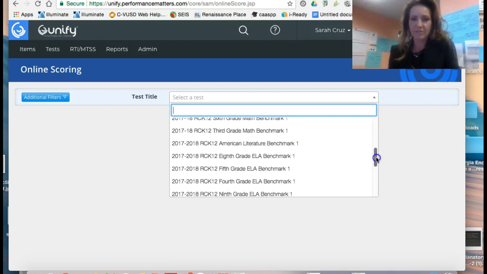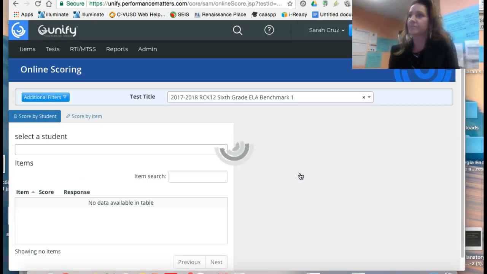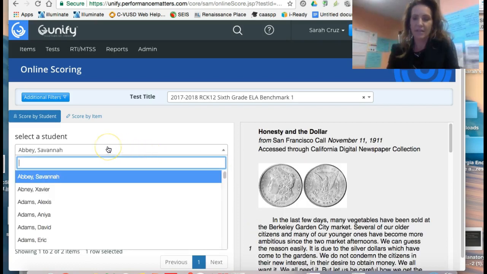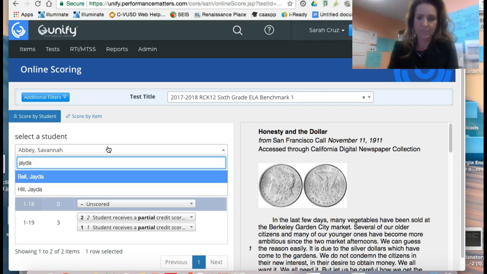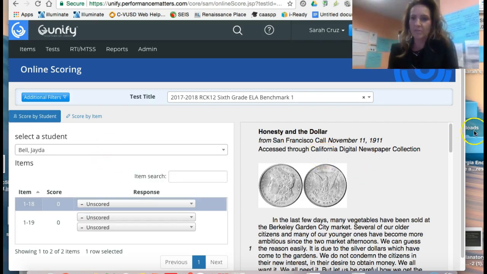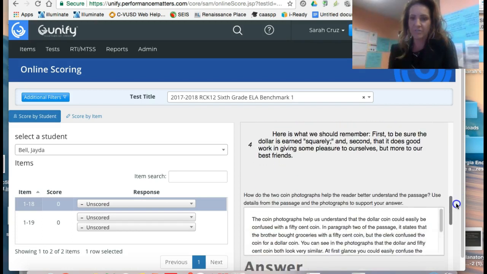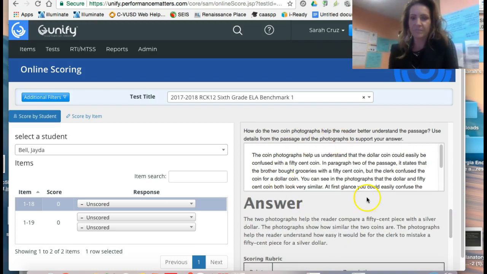So let's say I'm going to score my 6th grade English benchmark. And then I'm going to have the opportunity to score each of my students' work. So this is a student that I have looked at. If we look at this student's work on the right-hand side, you're going to see the question. It has the passage, and then it has the question, the student's response is in the box, and then the